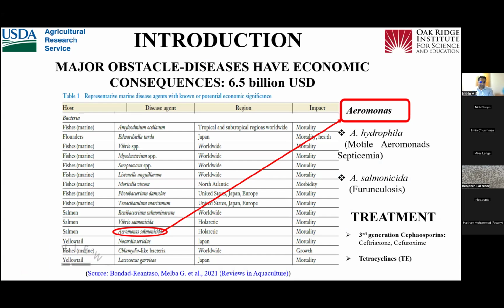Among the bacterial diseases, Aeromonas is one of the disease-causing agents which causes motile Aeromonas septicemia as well as furunculosis. Because Yashutor has already talked about hypervirulent Aeromonas hydrophila, I am not going to talk about that part. So coming to treatment aspects, the approved drug tetracycline is used in aquaculture, but due